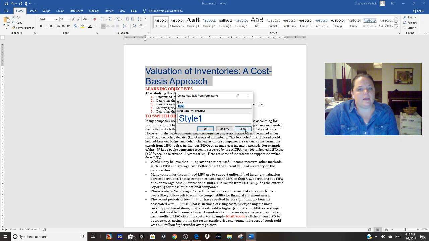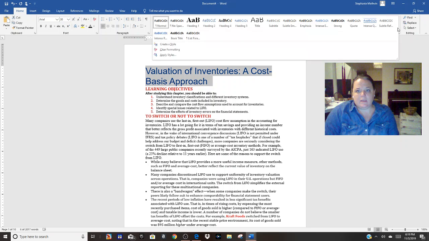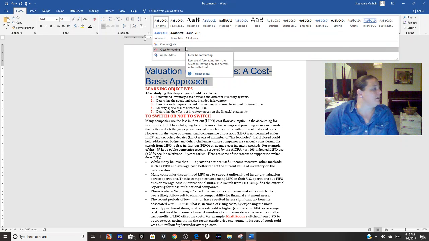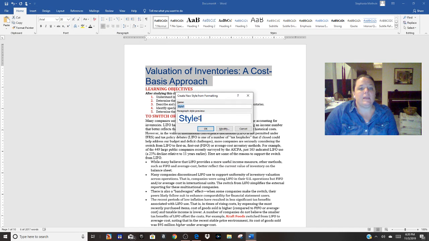I'm going to create a style right here. I'm going to highlight this. We actually didn't do this in class, but you can create a style out of something if you have something on here that you like. So this is the one that came from the Wiley Plus learning thing. And I'm going to right here tell it, hey, get to work. Tell it to create a style. It's going to take what I already have and assume that's the style that I want. I'm going to call it Stephanie 1.